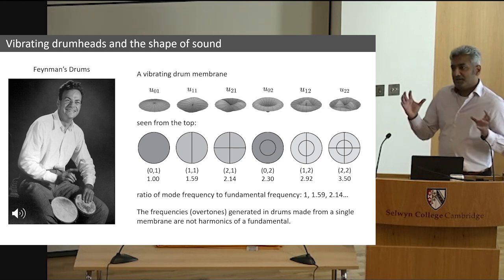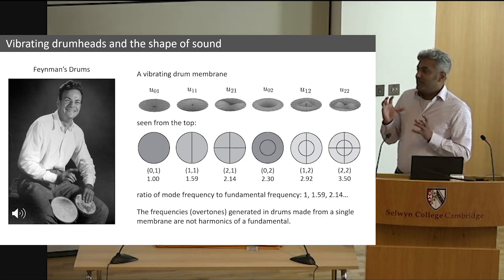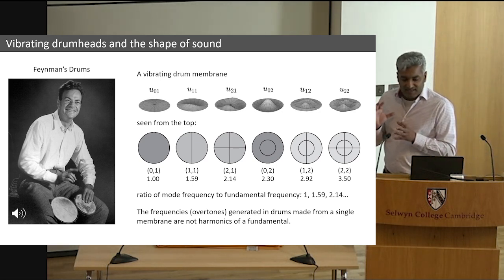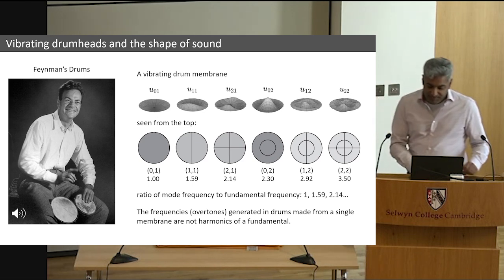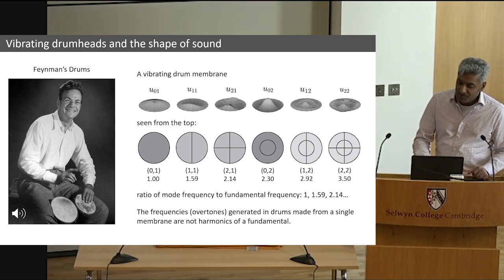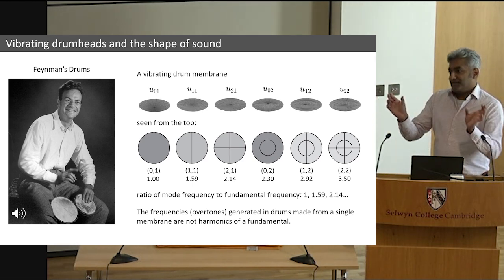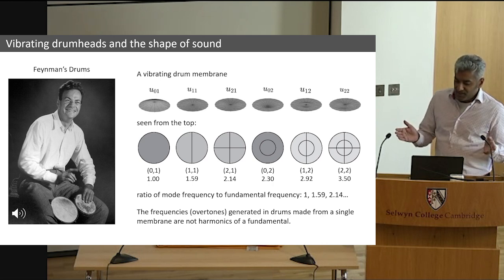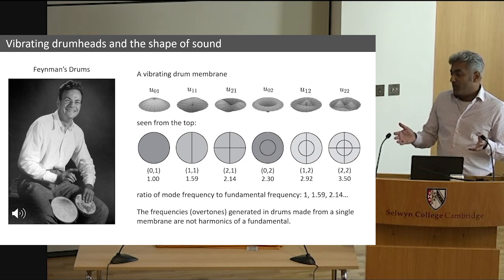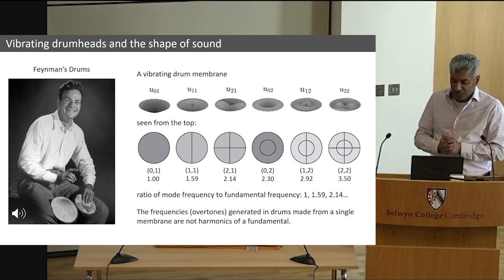As you can hear, the bongos sound very dull, and it has some kind of a popping noise. And that's because the frequency of all of these modes do not have an equal spacing. In other words, the frequencies are not harmonic. They do not share a harmonic relationship with each other.